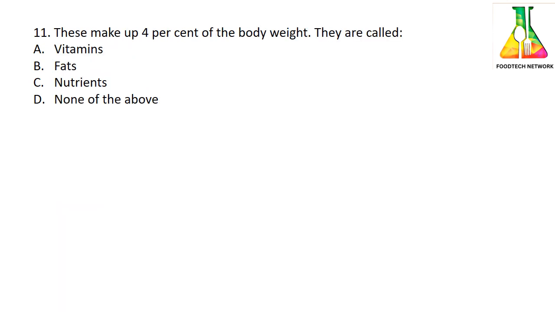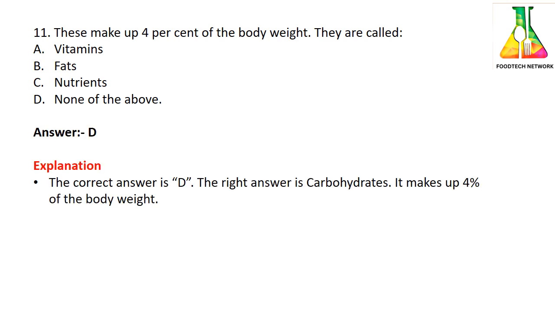Question number 11. These make up 4% of body weight. They are called option A vitamins, option B fats, option C nutrients, and option D none of the above. So the right answer is none of the above, because as per food science, carbohydrate contributes 4%